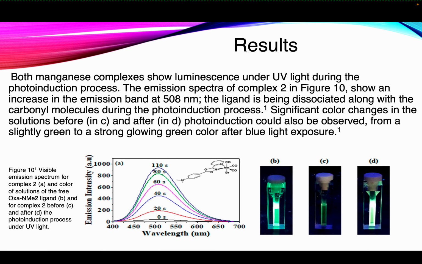I'm a visual person, so when I saw that significant color change referencing complex 2, I was pretty amazed. So looking at the solution in C compared to the solution in D before and after the photoinduction, you notice a slight green color to a very strong glowing green color after the blue light exposure,